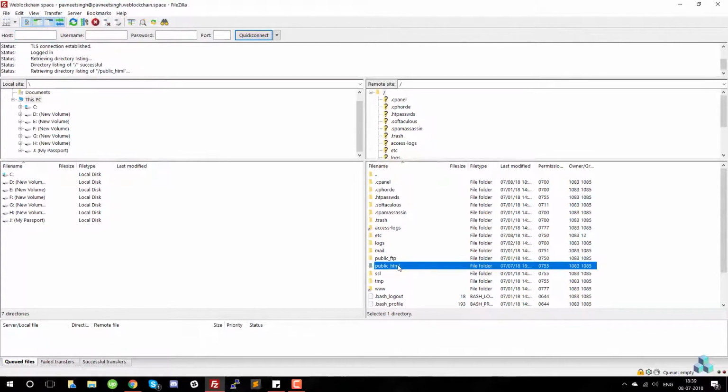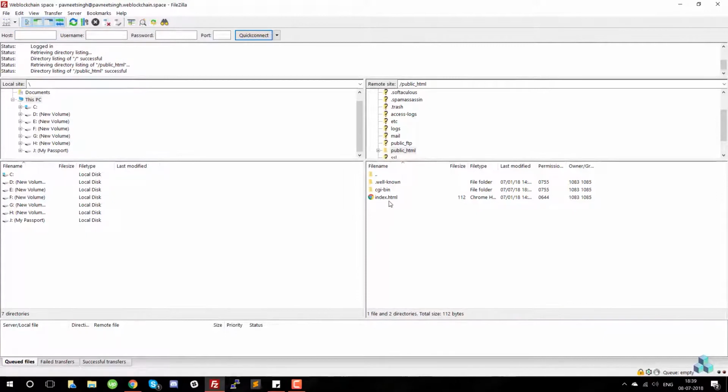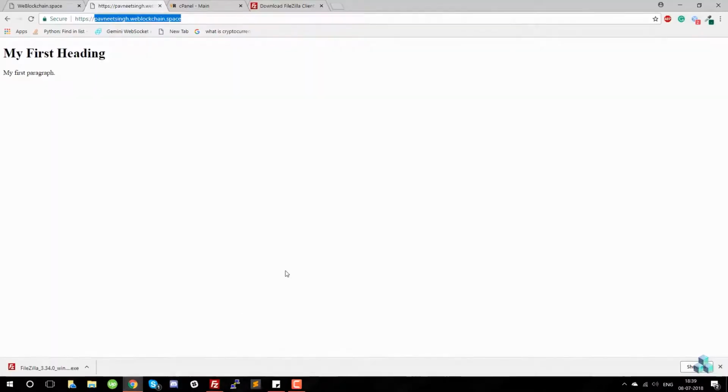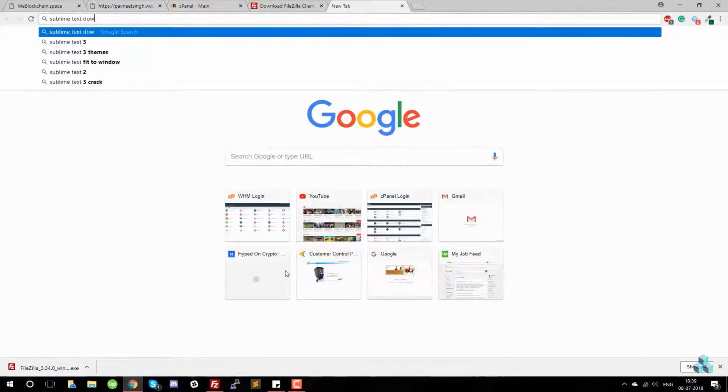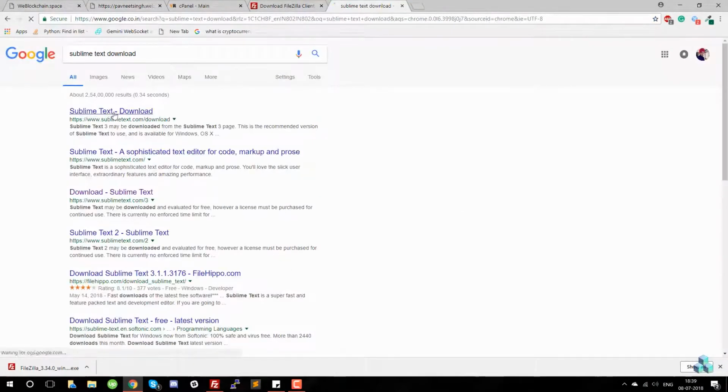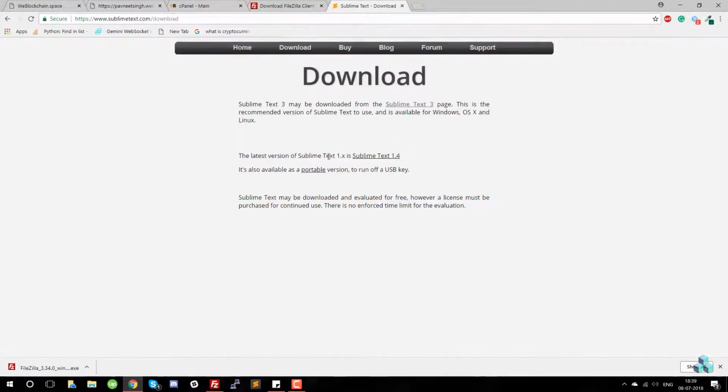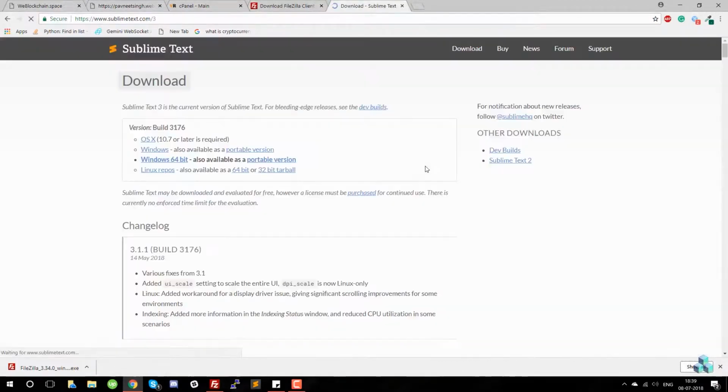To do that, before that, you need to download a text editor. You can download any text editor in the world, but I usually prefer Sublime Text. So let's go to the Sublime Text download, and let's download the latest version, which is Sublime Text 3 if I'm not wrong. You can download the one for Windows 64 or any OS that you have. It supports Windows, Linux, and Mac OS. Alright, so once you download and install that,